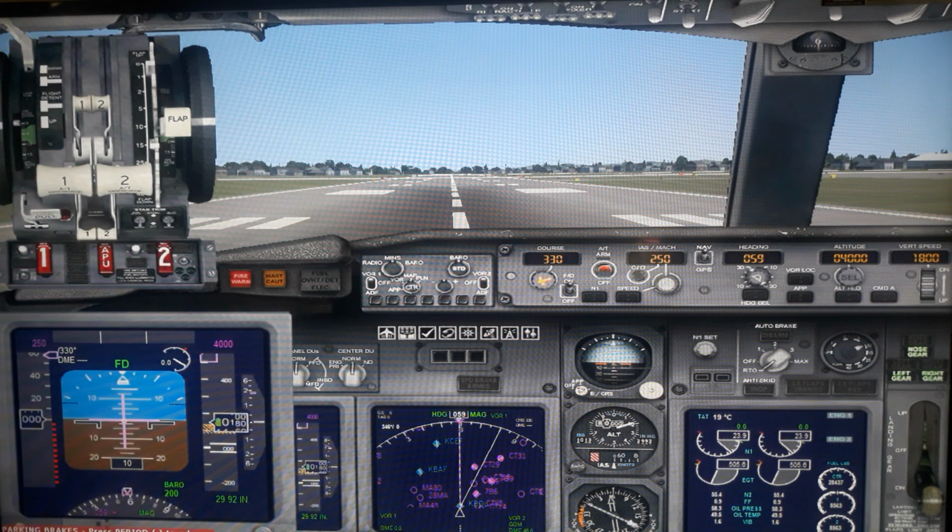But normally, the first officer sits on the right side. The captain or the commander sits on the left side, and the first officer reads out everything. Now, when we are taking off, at a particular speed, we rotate the plane.